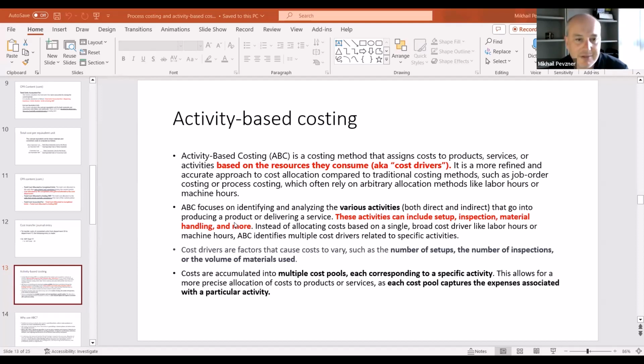Okay, I'm kind of repeating myself here. What you do is you track each piece of this overhead, driven by a different driver, separately, in different cost pools. And I'll show you a very simple example of how it's done, right? It's all very common sense.